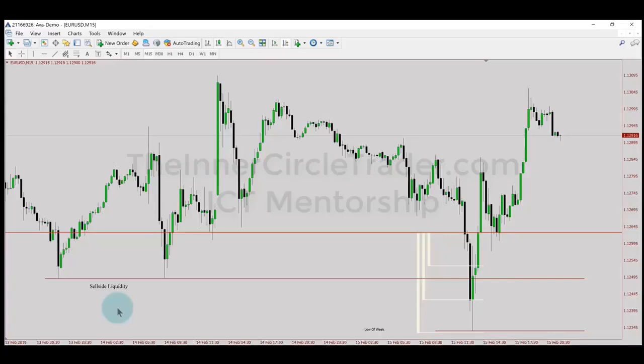I look at things that aren't necessarily seen in price. I show you where fair value gaps are. I show you where inefficiencies exist. Buy-side inefficiency, sell-side inefficiency, buy-side imbalance, sell-side imbalance. I show you and tell you what the narrative is that creates those things and why the market will reach back to it and what it should do once it gets there.